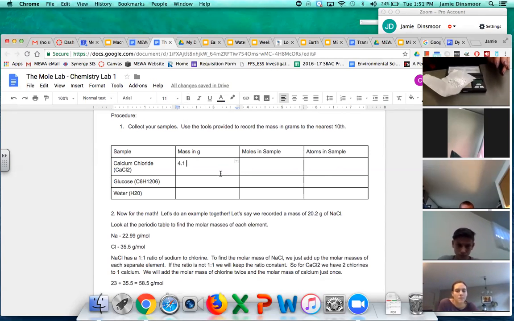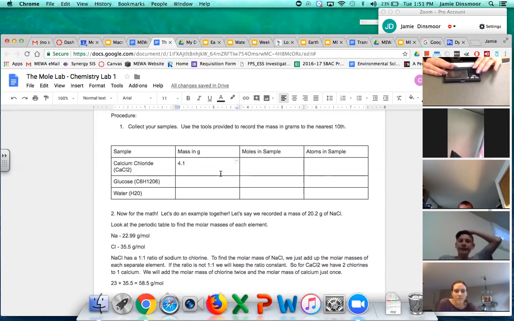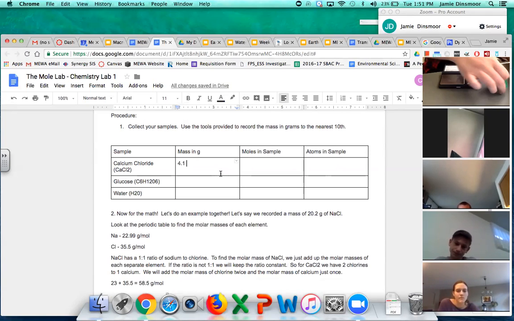Now I'm going to do the same thing for glucose. So I'm going to say goodbye to my calcium chloride. I'm just going to put it back in the container, which is not necessarily good chemistry practice, but in this case, it did not really touch anything, and I cleaned the scale before. We're going to do the same thing with a different piece of paper, just in case there's contamination,